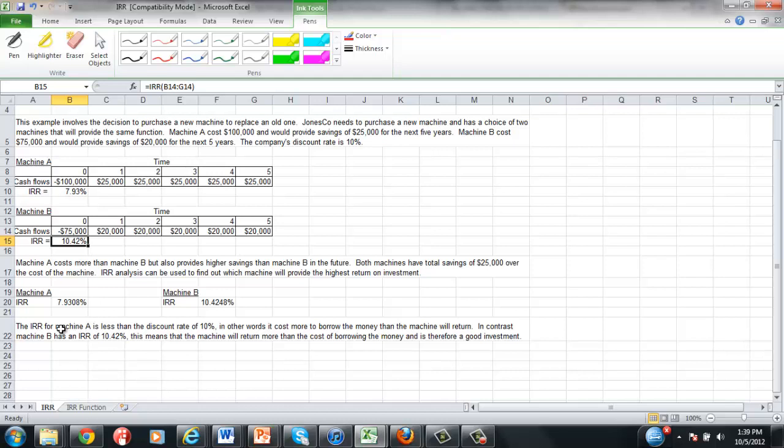In contrast, machine B has an IRR of 10.42. This means that the machine will return more than the cost of borrowing the money and is therefore a good investment. So machine B has an IRR of 10.42, and that's greater than 10. So based on the IRR model, we should